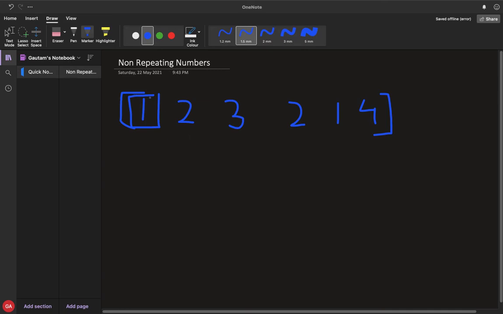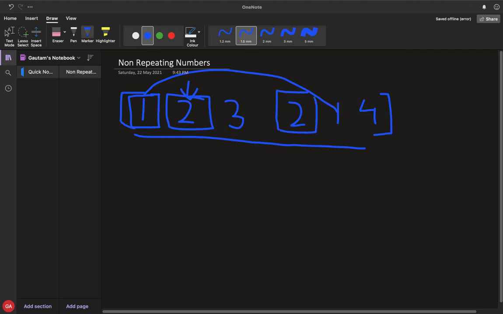So if we start with the first position of the array, we'll iterate through the whole array and count its presence, and we'll find that it is present exactly twice, so we'll ignore it. Then we'll come to the second value, 2, and check for it in the whole array, and we'll find that 2 is present exactly 2 times, so we'll ignore it, because what we need is the numbers that are not repeated.